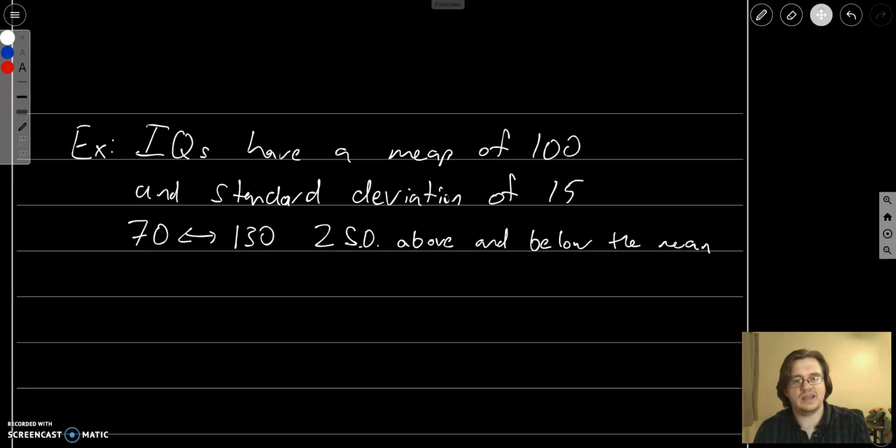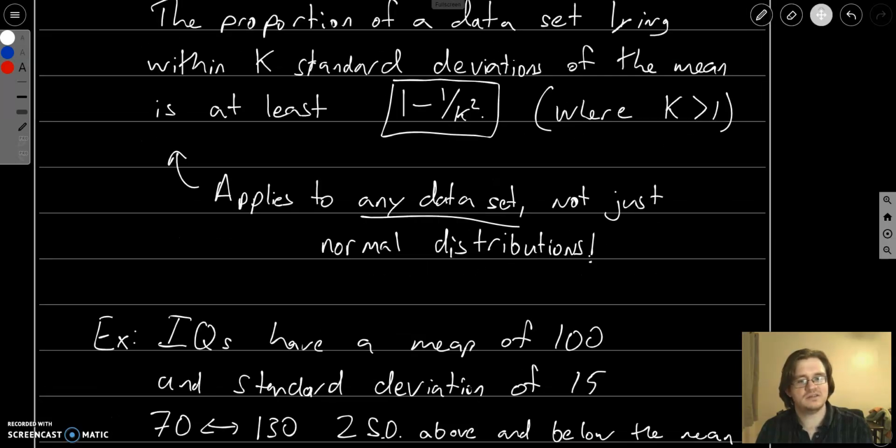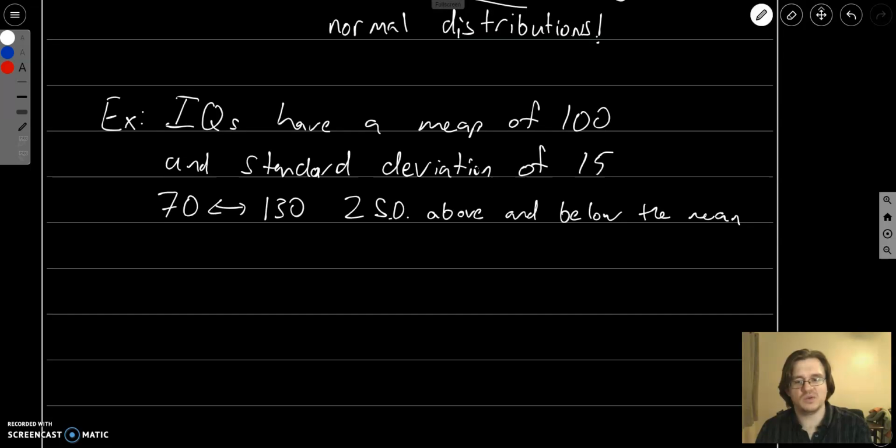So what can we say? Coming back to our theorem, the proportion of data lying within, in this case, 2 standard deviations of the mean is at least 1 minus 1 over 2 squared. So let's calculate this. 1 minus 1 over 2 squared is 1 minus 1/4, which is 3/4. So we can say 75%, and in particular,